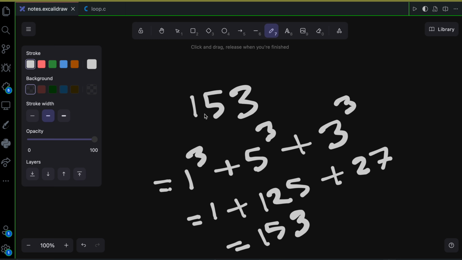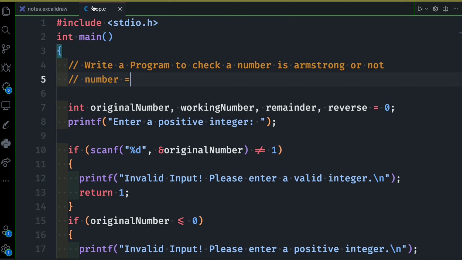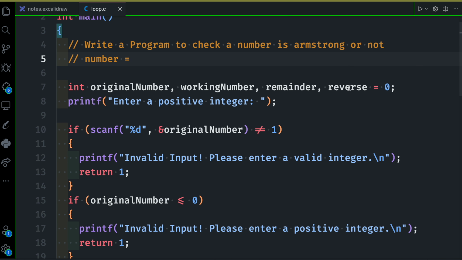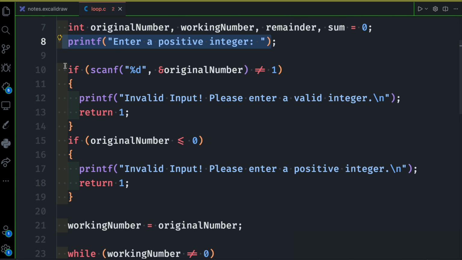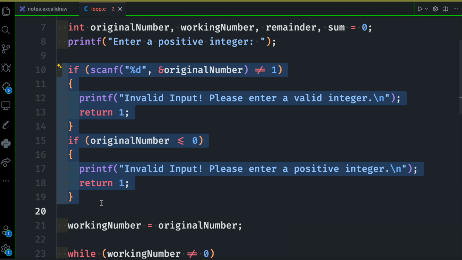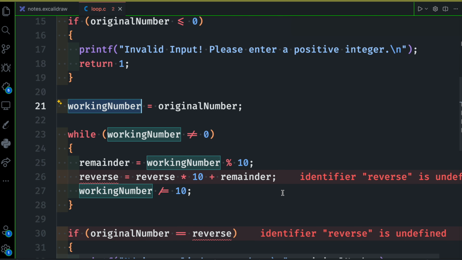Now again, the condition is, first of all, you need to separate each digit, you need to cube them, and then you need to add them up, and if it is equal to the original number, then we can say it's an Armstrong number. So this is your original number and this is your sum. Okay, now we know how to separate each of the digits, so let's go back to our program here. This time we're going to use sum instead of 0. So first of all, we're taking an input from the user, we are validating that input, and then we are putting our original number into the working number, and here basically we are finding each digit,